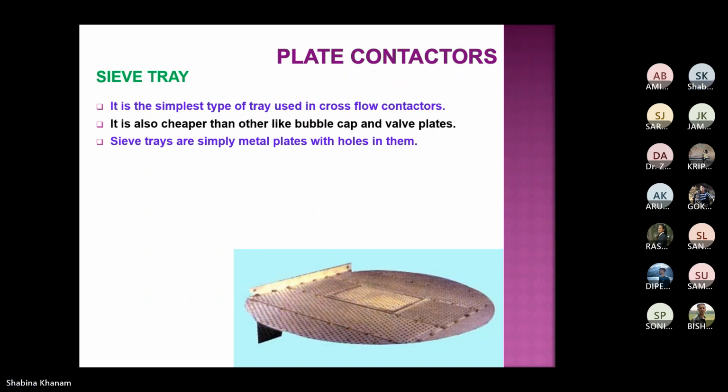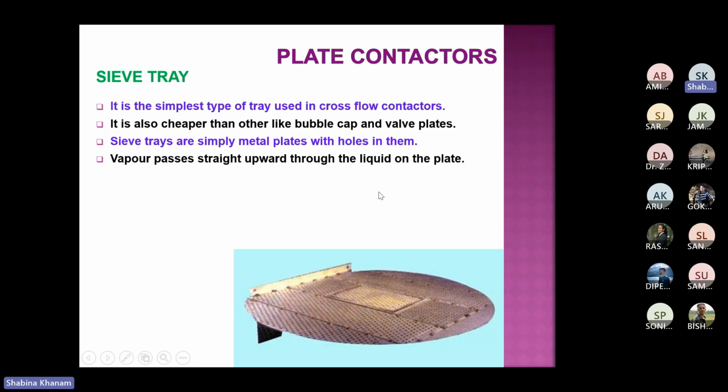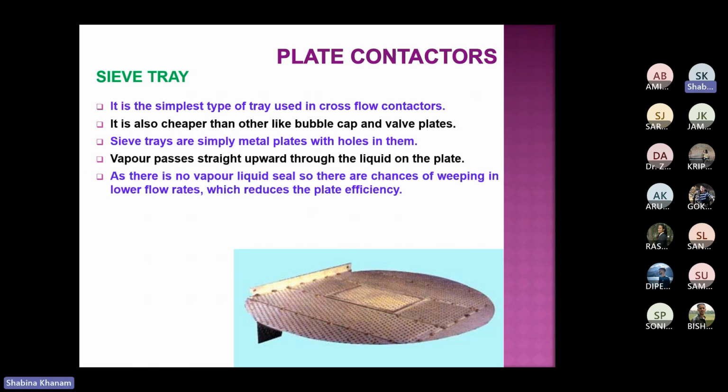And the sieve plate, that you understand, we consider as a metal plate with holes, a very simple type of geometry. Vapor passes straight upward through the holes. Whatever liquid is available on the plate flows over these holes, and the vapor coming from below passes through the liquid available on the plate. That's why it is called cross flow. Next, as there is no vapor liquid seal,